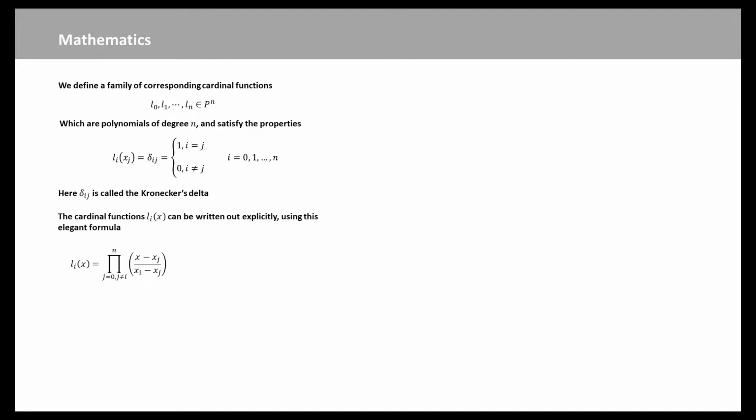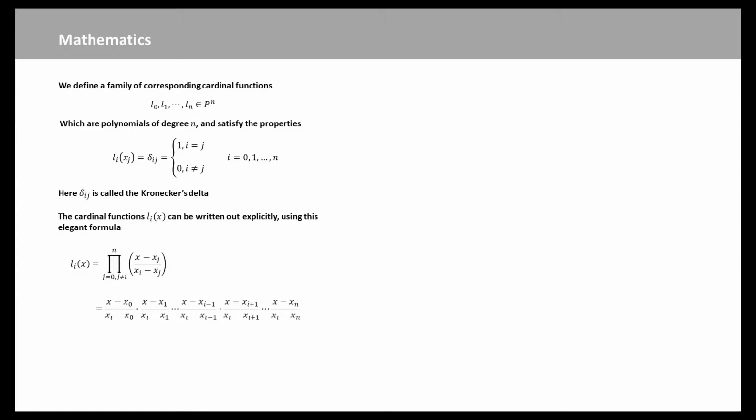We now look at the way of constructing these cardinal functions. Consider the function number i. So Li of x can be simply written as the product of all these terms. The terms are x minus xj on the numerator, and xi minus xj on the denominator. And all these terms are multiplied with each other for j from 0 to n, except at the point when j equals i, which is excluded. The highest power for this cardinal function will be x to the power n. Therefore, this is a polynomial of degree n.